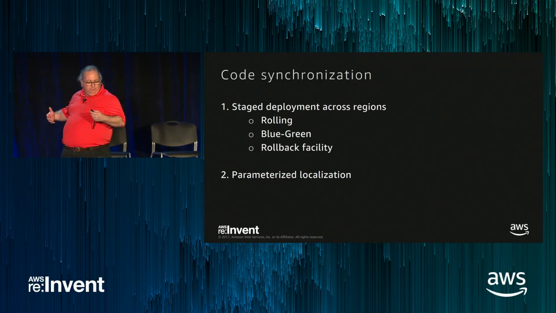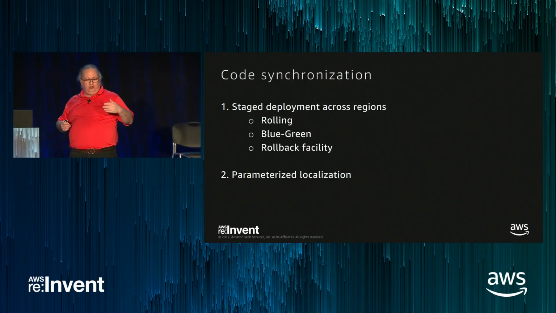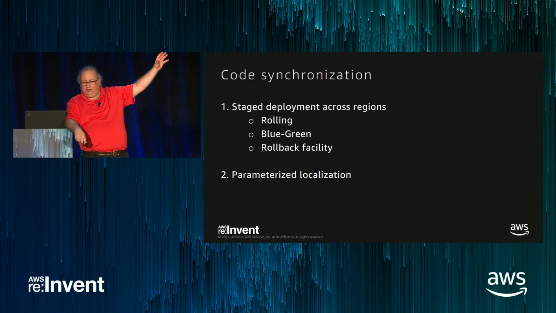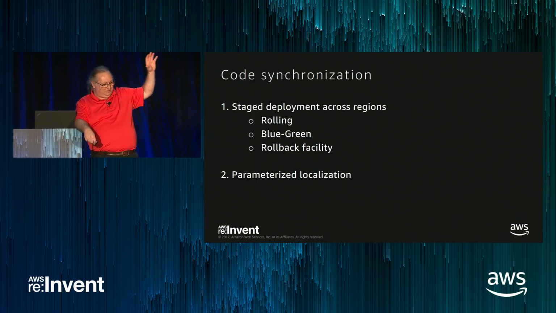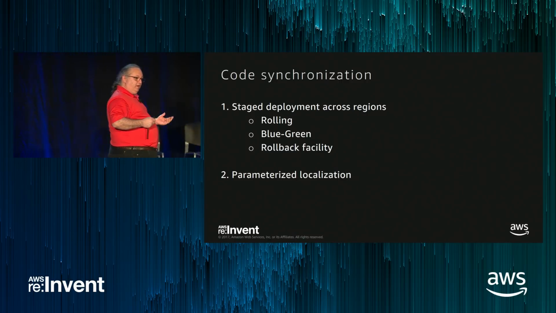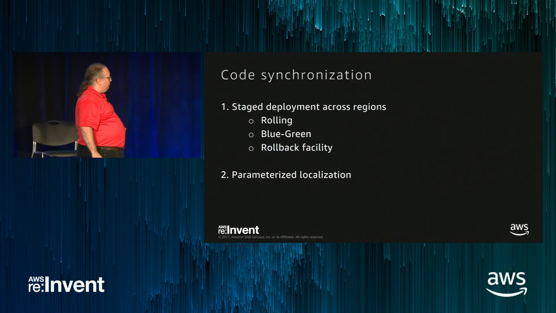So there are 3 basic ways to do this, right? When I stage deployment across regions, now I have the issue that one region has one version of the code, and the other region has another version of the code. One way to do this is the rolling or canary deployment, right? Canary deployment, I stick a few servers or containers or Lambda functions or whatever on the new code and see if it works. If the canary dies, roll it back. If the canary lives, roll out more. Can your application survive that? Depends on the application. If your application can't survive with some on one and some on the other, then you're probably going to have to do blue-green.